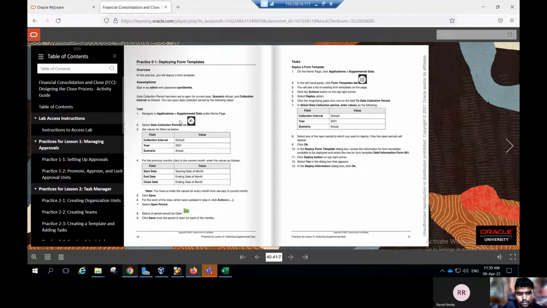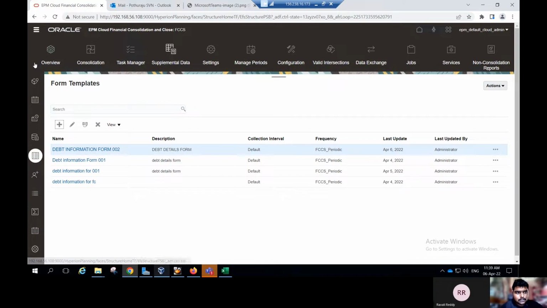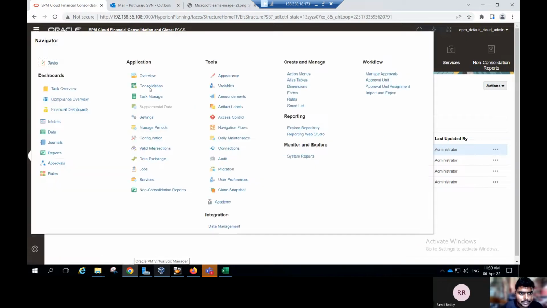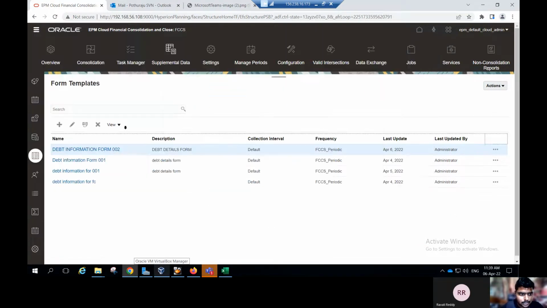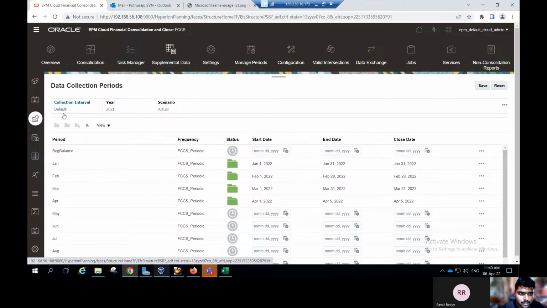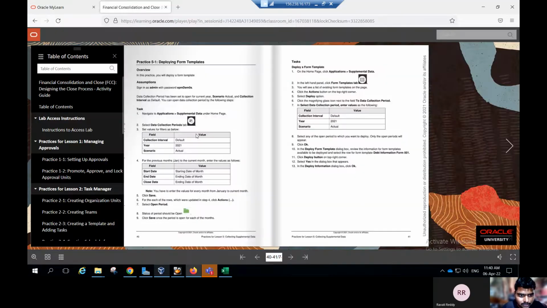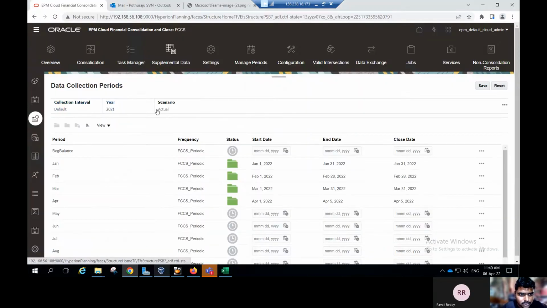Now I show you how to open the data collection period. Again go to Application. Click on Navigate, and under the application cluster, select Supplementary Data. Click on Managing Periods. This is the Managing Periods, Collection Period tab. I'm providing the collection interval as Default, and here it is FI20, and Actual is